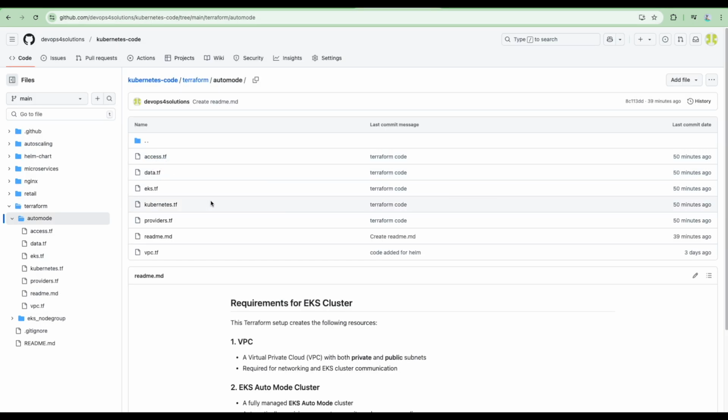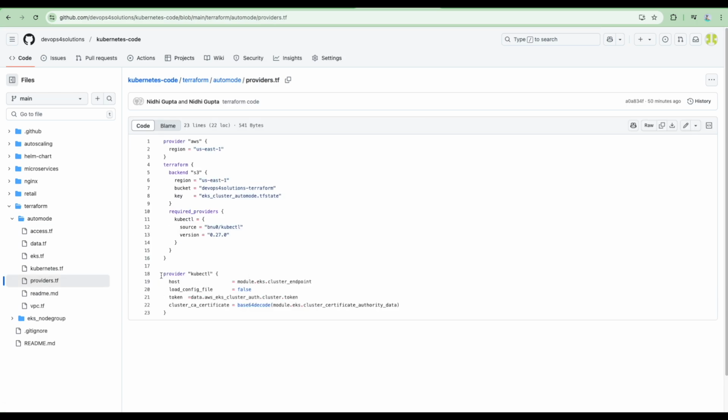So now for the ingress class. Now you have the EKS cluster created. For the ingress classes, those are called Kubernetes objects also. So for that, first you need to define the provider configuration. I am using the kubectl provider, and here you have to provide all your EKS cluster details so that you can authenticate with your EKS cluster.